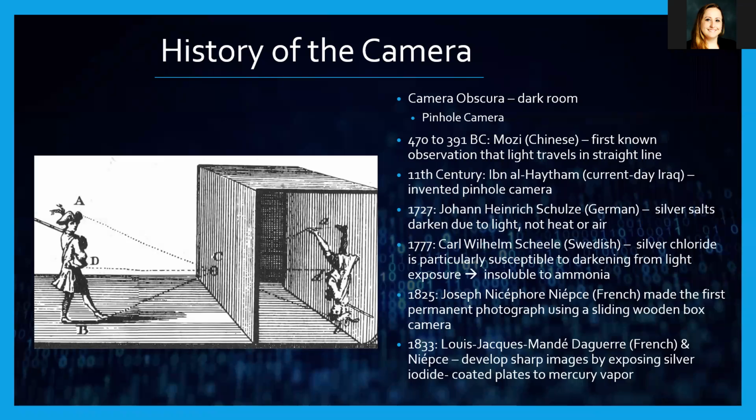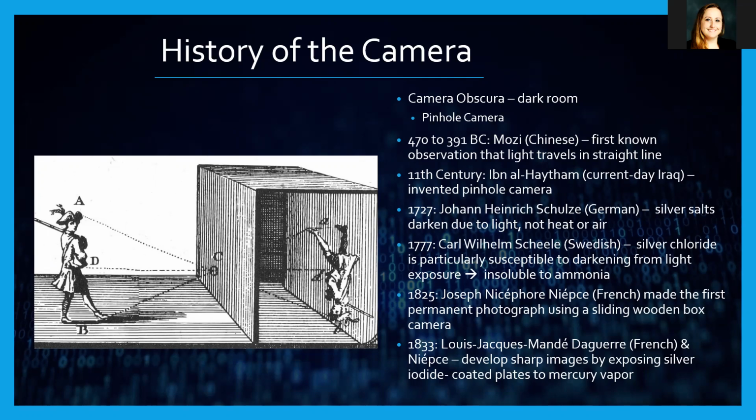Before the invention of the photographic camera we know today, there was the camera obscura. The camera obscura, Latin for darkroom, allowed for an inverted or upside-down image to be projected onto a screen or wall as the result of light being projected from a small hole. The earliest record of this phenomenon was made by Chinese philosopher Mozi, who lived from 470 to 391 BC and discovered that light traveled in a straight line from its source.